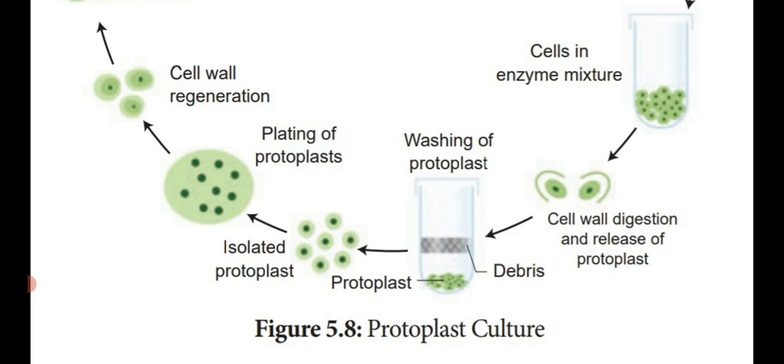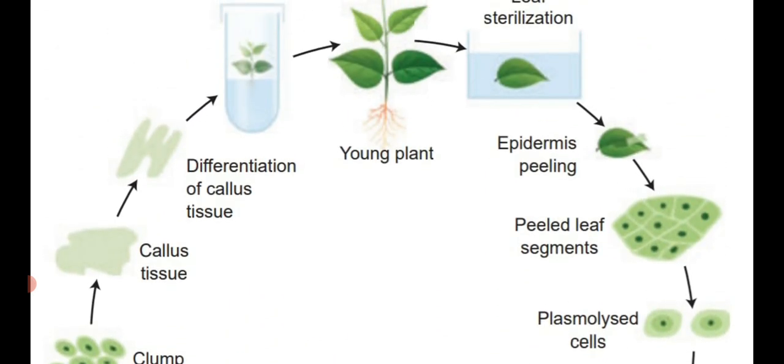Dear students, I hope you have all understood what are all the steps involved in the protoplast culture. You have to explain with a diagram. That is the important 5-mark question. Another step is culture of protoplast. That means how we are able to produce a large amount of protoplast. Then selection of somatic hybrid cells. These are all the 4 steps involved in the protoplast culture.